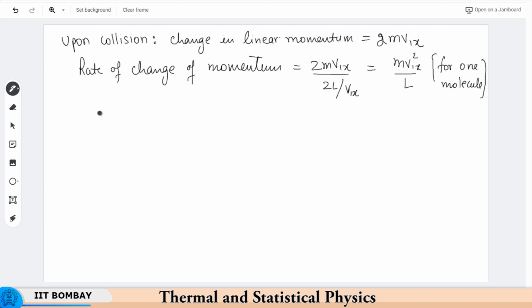But remember in this group there are n1 number of molecules. So therefore the total rate of change of momentum for n1 molecules will simply be n1 times m v1x squared divided by L, right. So therefore, what is pressure? Remember the rate of change of momentum is the force, and if we divide that force by L squared, which is the area of the wall, that will give you the pressure, right. So therefore, the x component of pressure,